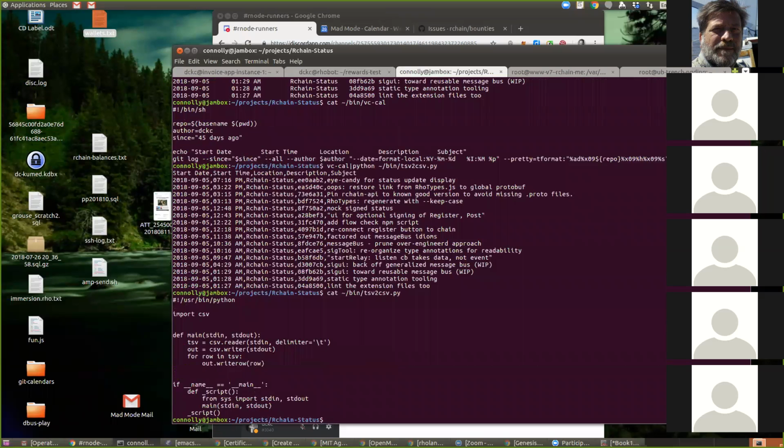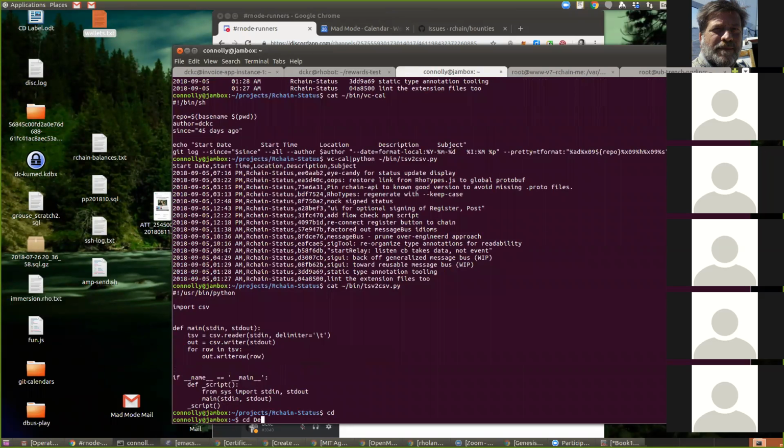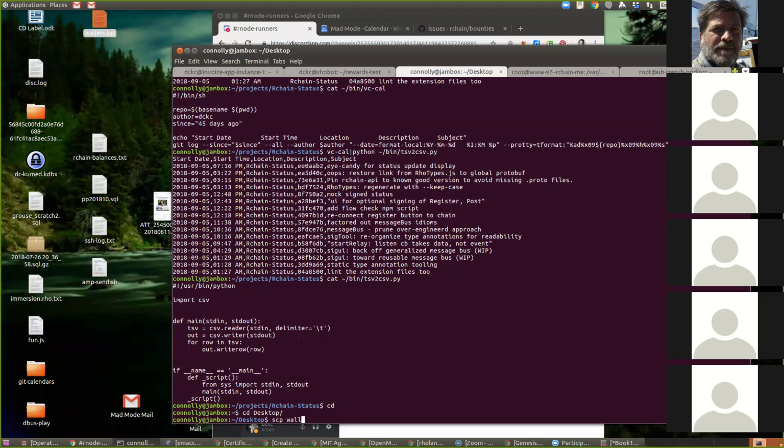I have too many computers. What's the address of this thing?